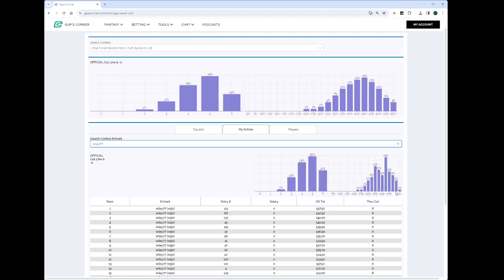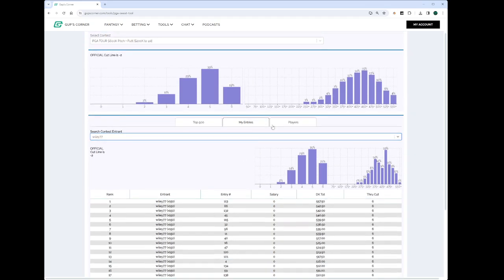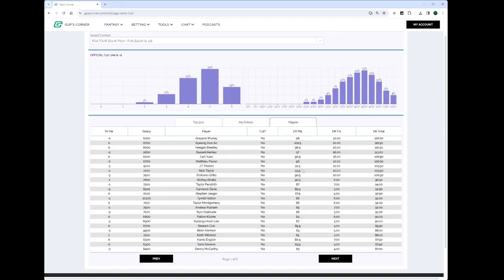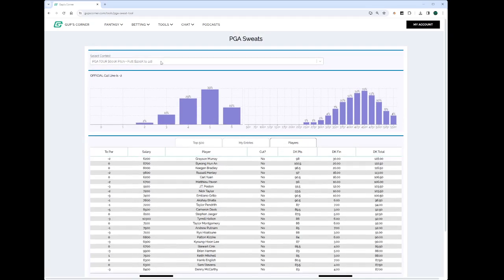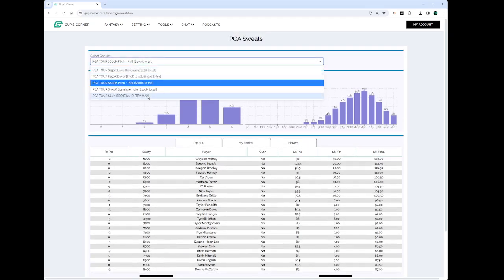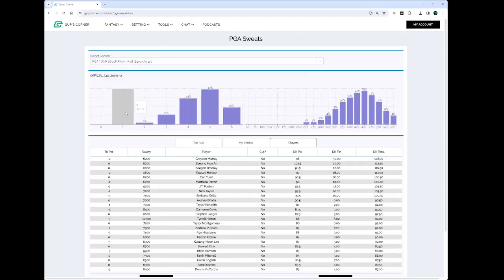Your scoring buckets. This is some of the cosmetic stuff we still have to get out of there, but you can always do that. And if you want to see how the players are scoring, how much of their DK points are the finishing points right now versus their raw, that's something you can always look at on this full deal. We have normally at least 8 to 10 contests. Some of the bigger ones are the ones that more people play for PJ Sweats. All this is included in the tools